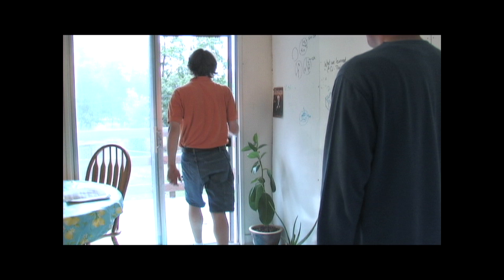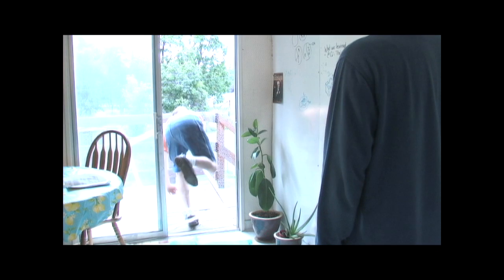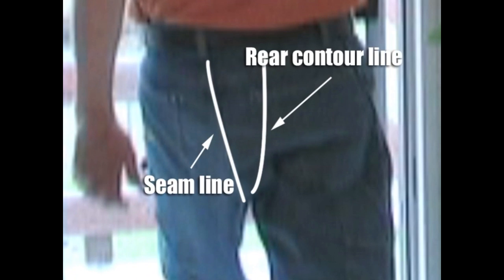As a result, the subject finds himself barging through the flimsy screen door. This type of incident by nature could easily divert you from gaining a higher level of humorous potential. The key is to perform a mental zoom as you observe that the subject's seam of his pants is actually parallel to and not congruent to his rear contour line.